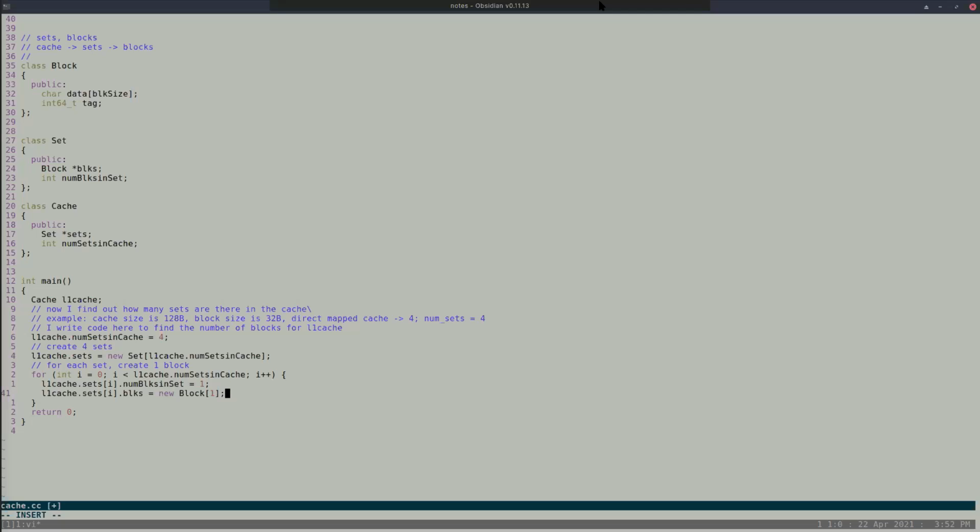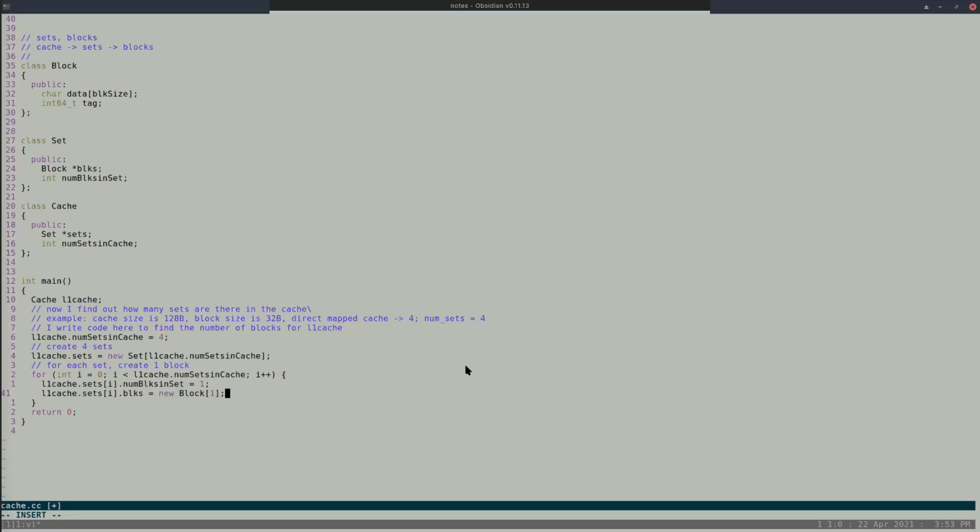So now, first let me ask, did you understand till here? Yes, we have to have a dirty bit in a block. I'm just building as and when we want to go, so it's not like it's complete. Did you understand till now, the coding part? Okay. So the majority of you seem to have understood it. Okay, now we will come back to where we left off.